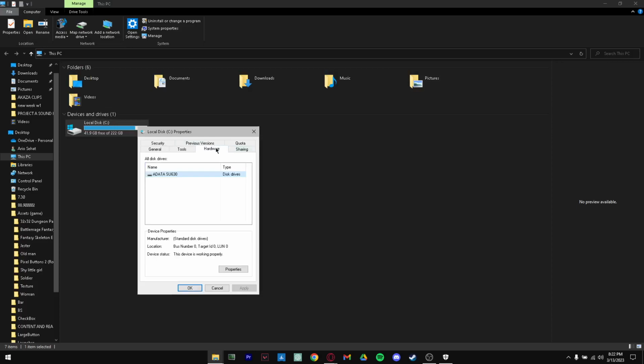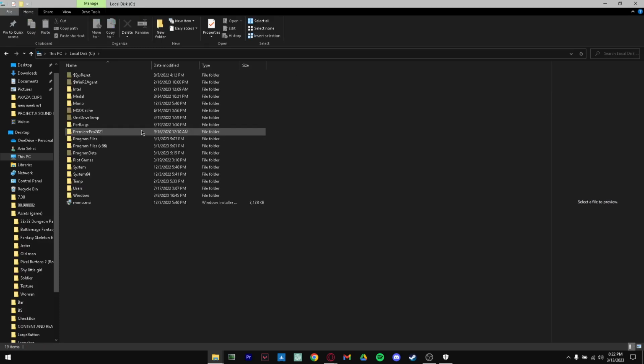Once that is done, go to Hardware, and here you can see your disk drives. So make sure your device status says that this device is working properly. From there, we're going to double click on here, go to the Windows files,